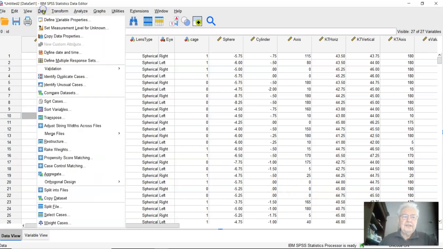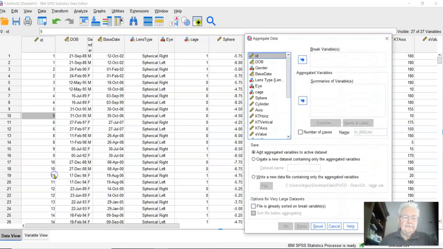Another feature in this is Aggregate. Now we saw that in R, where we were grouping by some feature, some maybe treatment or something, and then we saved it into a new file. Well, Aggregate saves a new file, and for example, we might want to